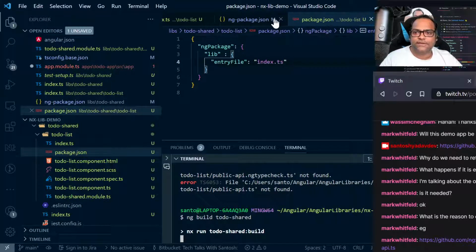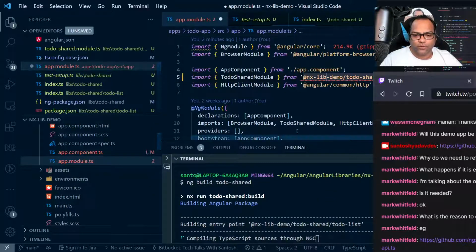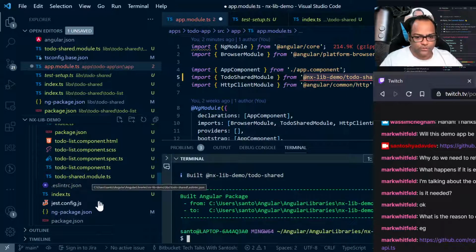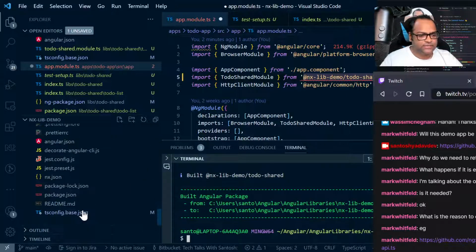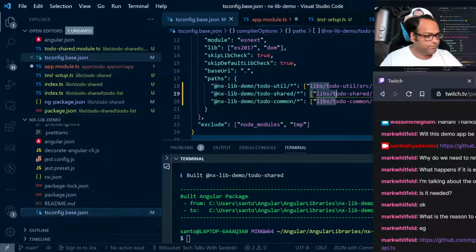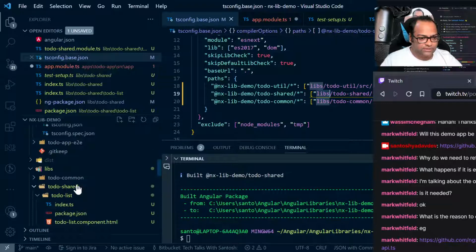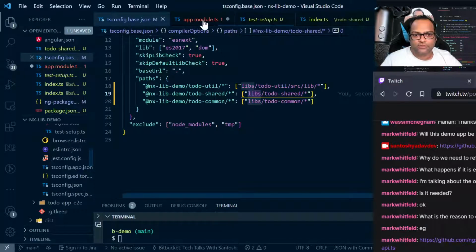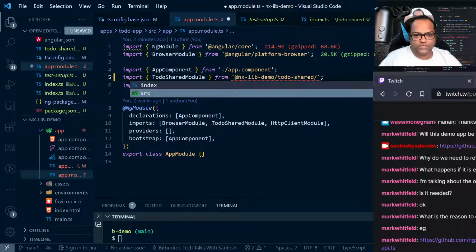Let's see which file is not saved. Okay, app module. So almost the same steps. You have to do it for Nx as well. The only thing is you can do it without building your library, so you don't have to mention dist slash whatever path is available here. And now once it is built, I can go to shared and